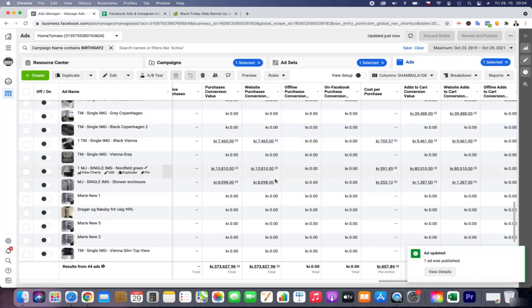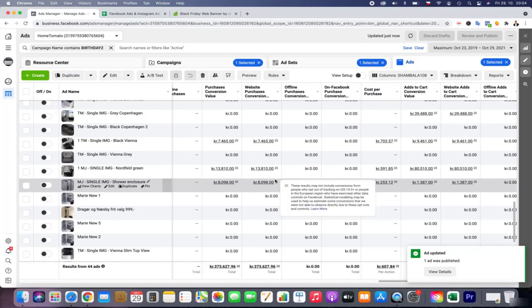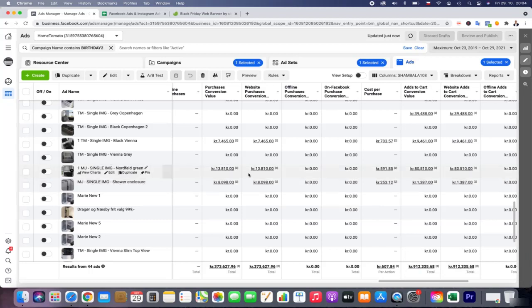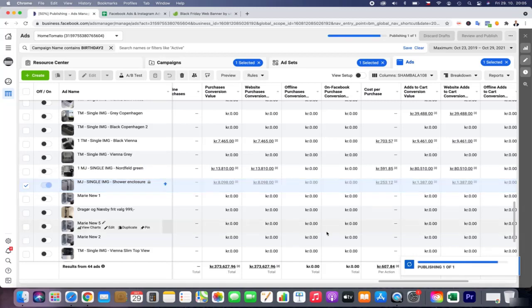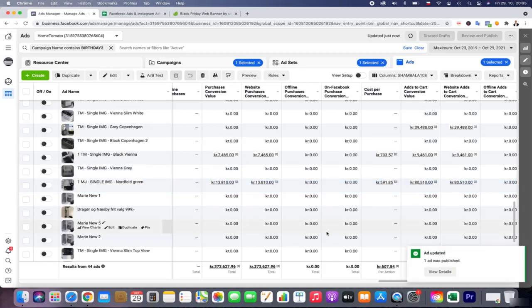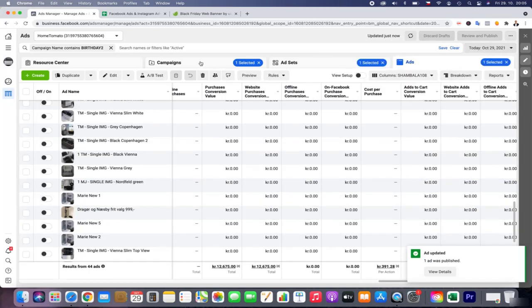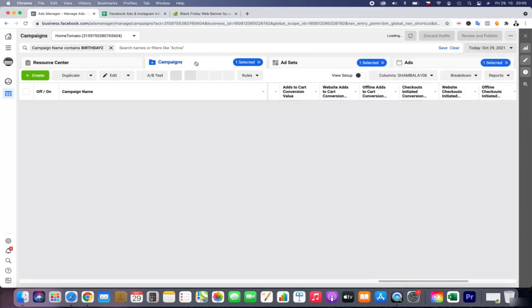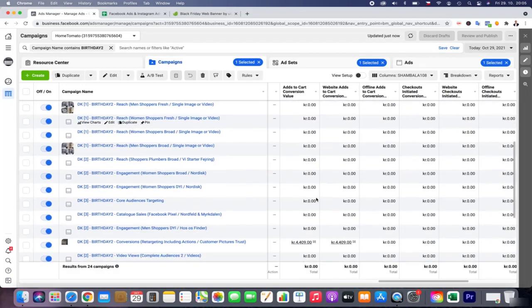And basically, I think this one I was testing a lot, I remember it, but I think we shall give it a chance right now. And I'm happy with it as it is. I will just click for today. Now we go to campaigns and we continue.